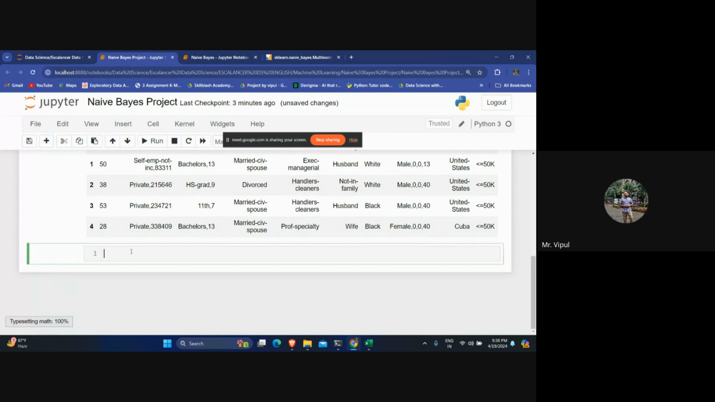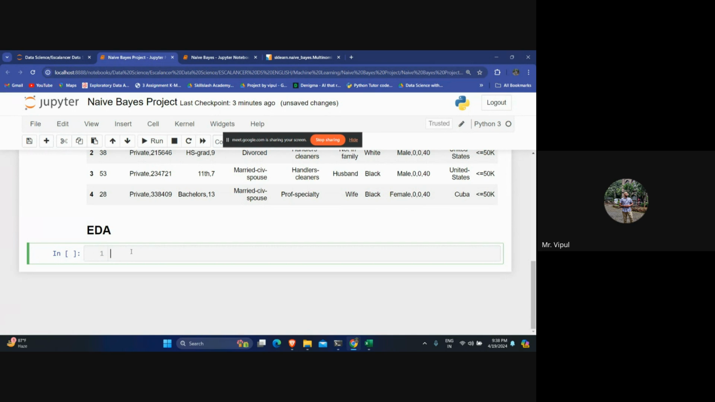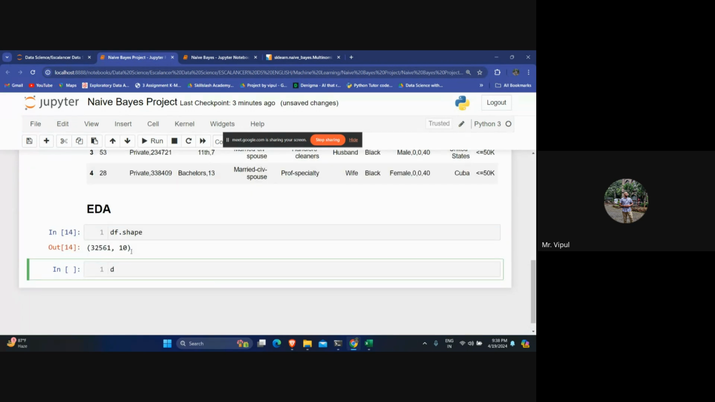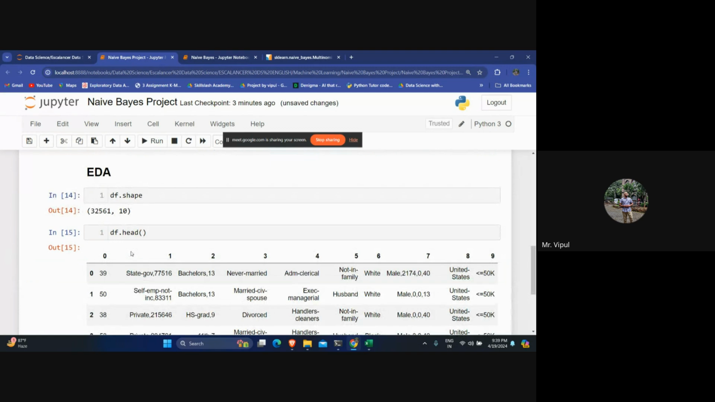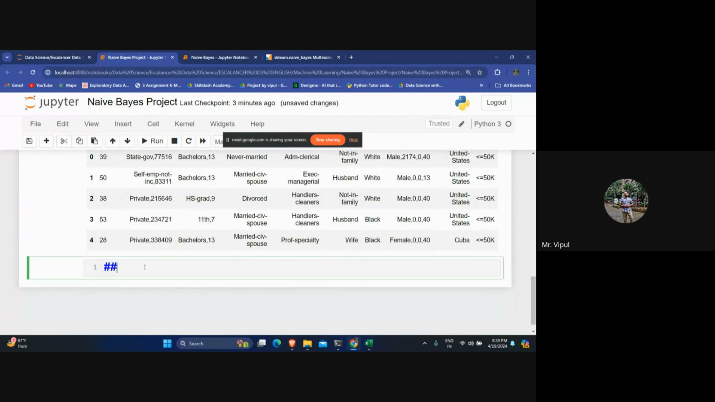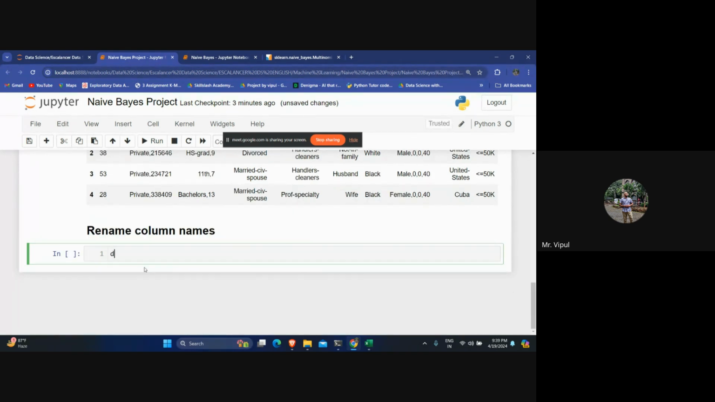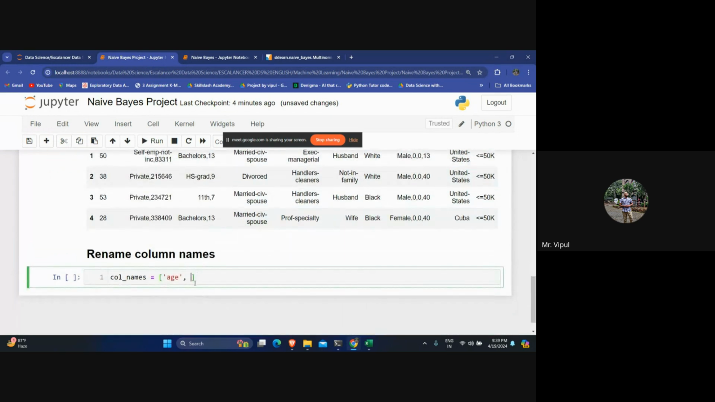Now, what is our next step? We go with the EDA part, exploratory data analysis. So we'll check the shape of the data. We will check the head of the data. Then we will rename the columns. Rename column names. column_names is equal to, first column is age. Second column is work class. Third column is,